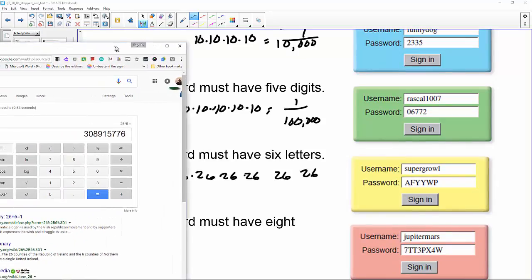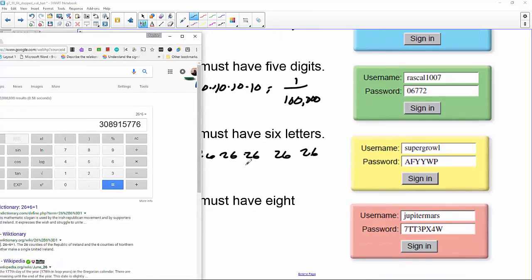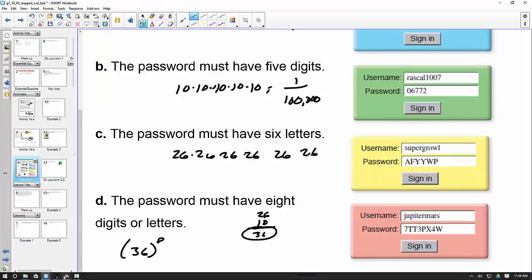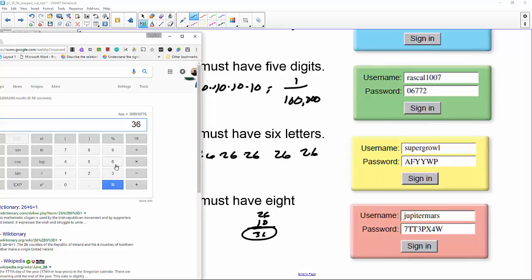So this is alphanumeric. And the reason why this is so cool is because instead of just having my 26 letters for each one, I also have 10 numbers. So you have a total of 36 different things you could do, right? And I'm going to do this 8 times. So it'll be 36 to the 8th power, or 36 times 36 times 36, 8 times. Let's look at this number. So if I take 36 to the 8th power,